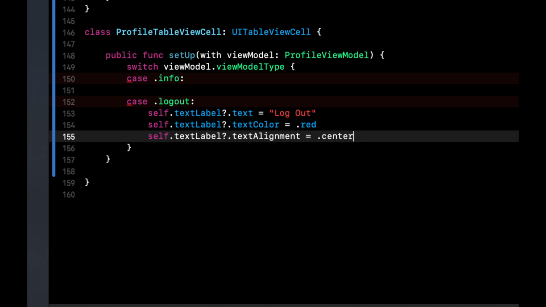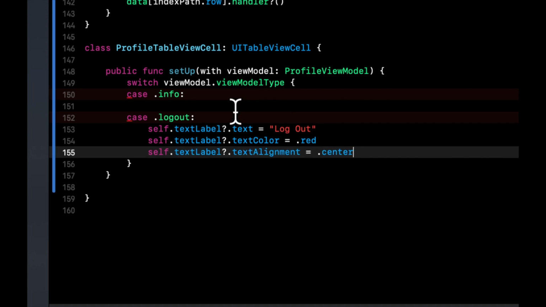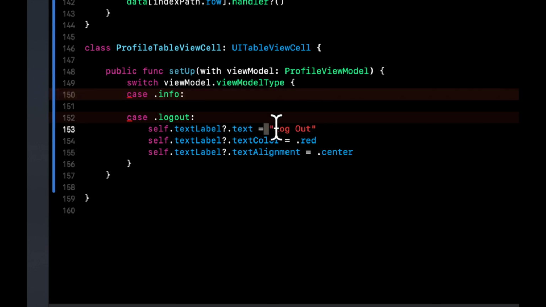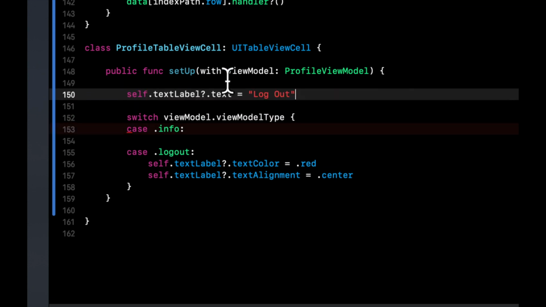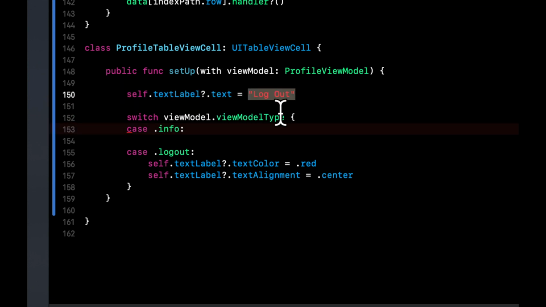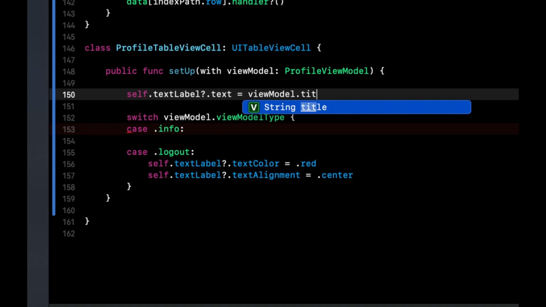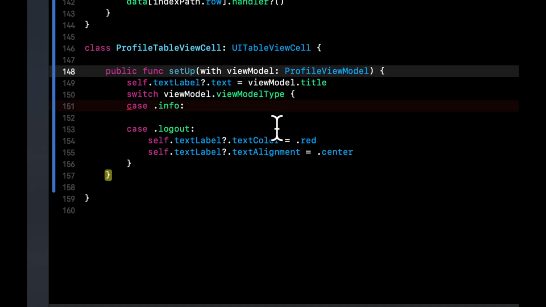Self.textLabel.textAlignment will be centered. And what else? Actually, we don't even want to say this is logout. What we could do is move this stuff here, because our view model, I think, has a title property. So we can do that, looking good. And then